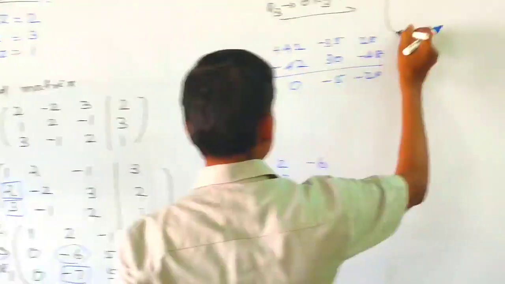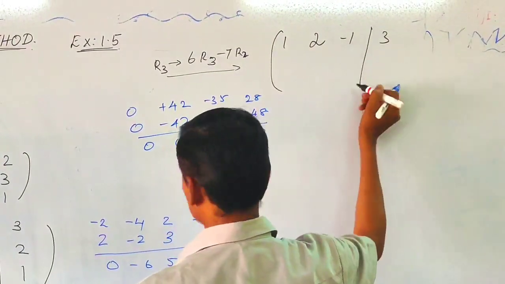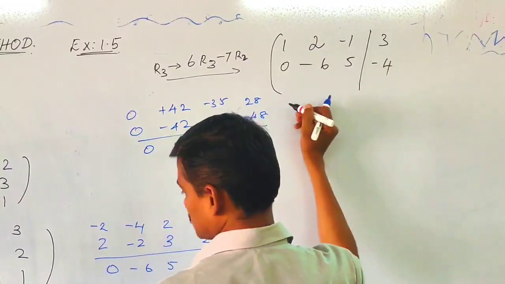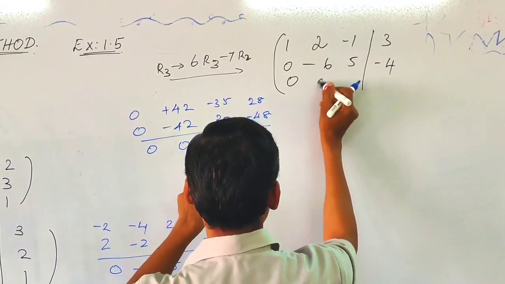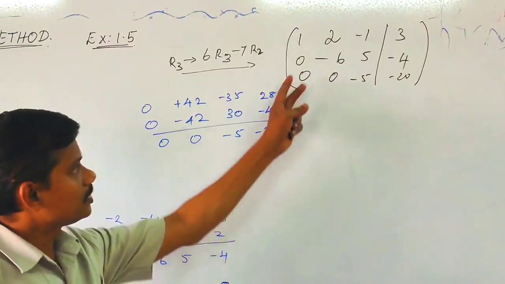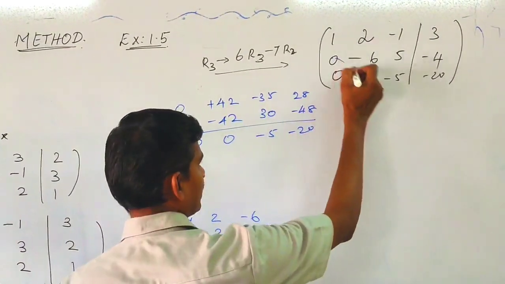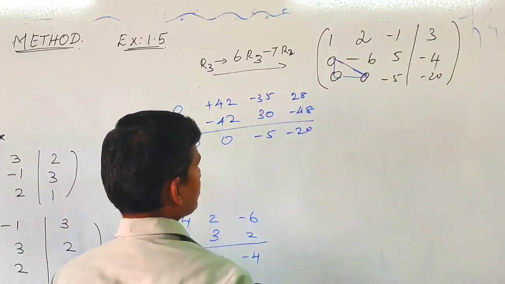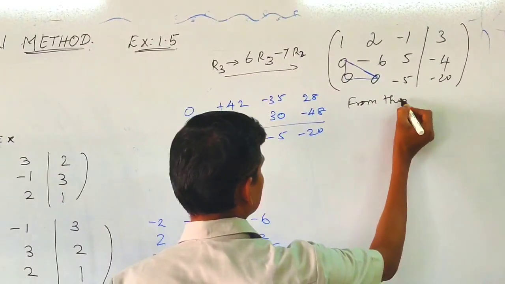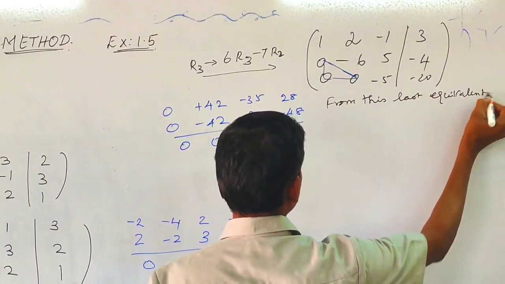So the last matrix becomes 1, 2, minus 1, 3, then 0, minus 6, 5 and minus 4. The last row becomes 0, 0, minus 5 and minus 20. So this is the matrix in echelon form. We get zeros below the diagonal. So from this last equivalent matrix,